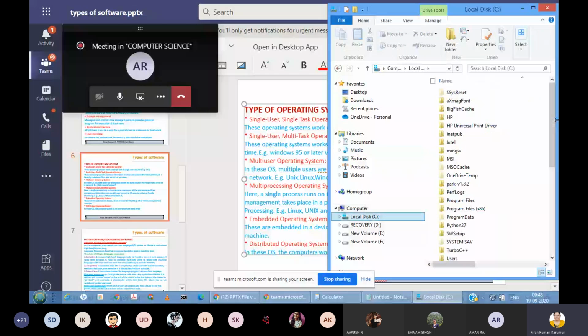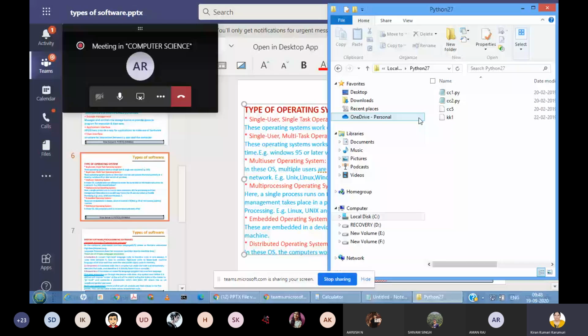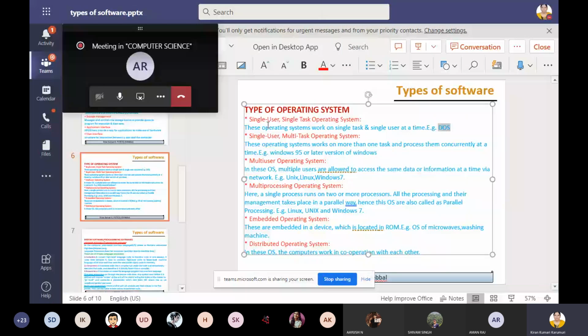See, Python 27, I clicked it. Now I am in this folder. But how do I come to this? In the disk operating system, I have to write the command. Okay, command prompt में आप जो भी करते हैं ना, वो सब disk operating system वाला commands है. ठीक है बेटा? So single user, only one person at a time can use that operating system, and one task